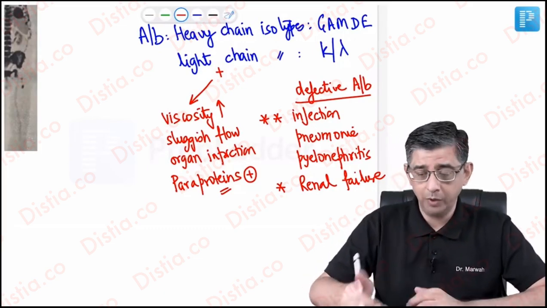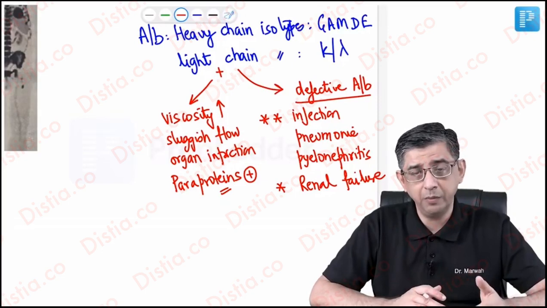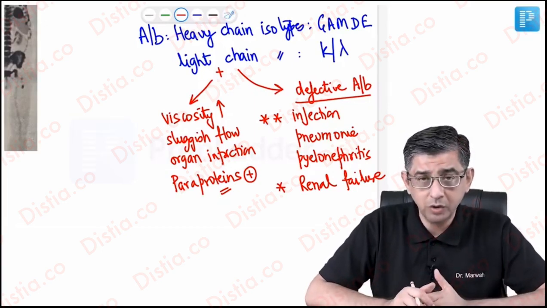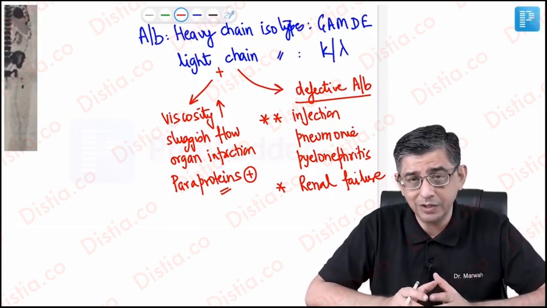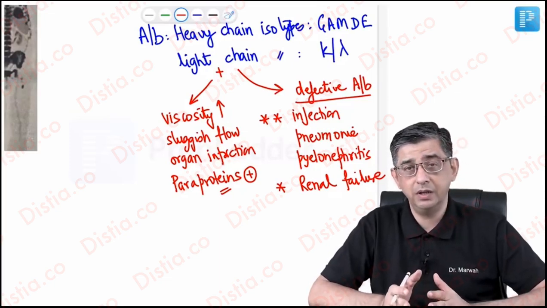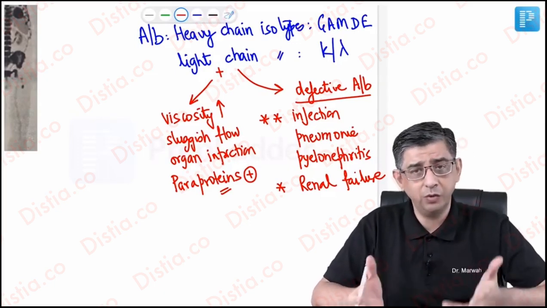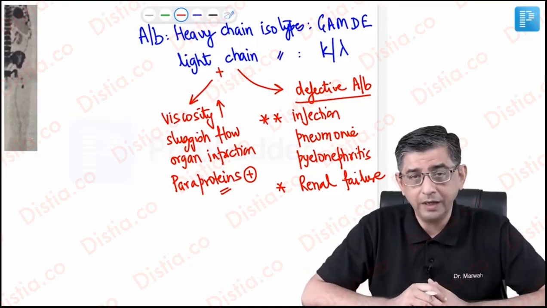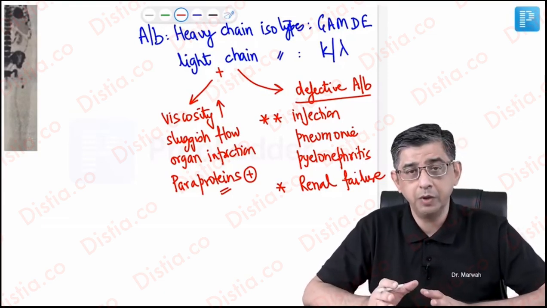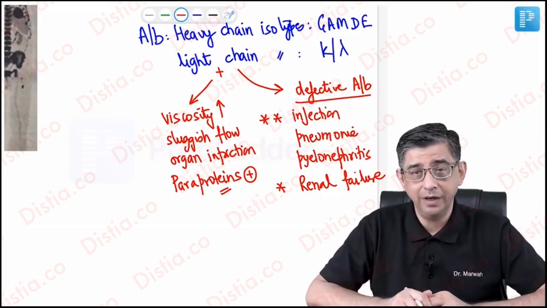But two fundamental problems that I've described from the overproduction of light chains would be that antibodies produced here are of defective type, and there's a hyperviscosity that is occurring in these patients. And as these plasma cells will colonize the bone marrow, they will start producing lytic lesions in the bones. So every time you read a question regarding lytic lesions, they are going to be present in the spine, then subsequently in the pelvis of the person, in the ribs of the person, and then subsequently even the skull. I mean, all of you know that lytic lesions present in X-ray skull of an old man, the classical raindrop configuration, is going to be multiple myeloma. But make no mistake, the lytic lesions, the commonest site for them is not the skull. It is actually the vertebra.